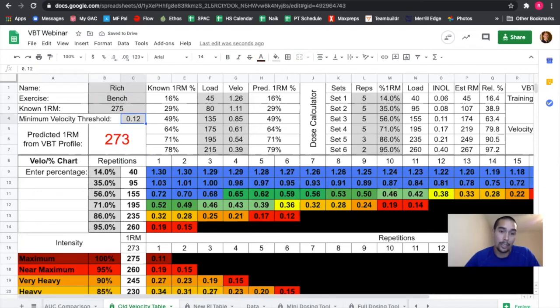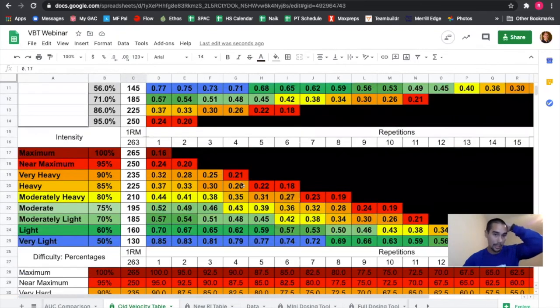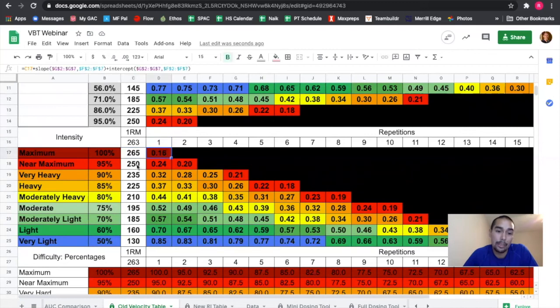because it affects everything, right? You see everything changing. If I can really hit 175 at a 0.12, then I'm gonna stick with that. But to be conservative, I might keep it at a 0.17. This is something you have to play around with. All right, so check it out. Now I'm scrolling down. And so if I'm doing 265 for 1, I'm probably gonna move it at a 0.16. If I do 250 for 2, I'll probably hit it at a 0.20,